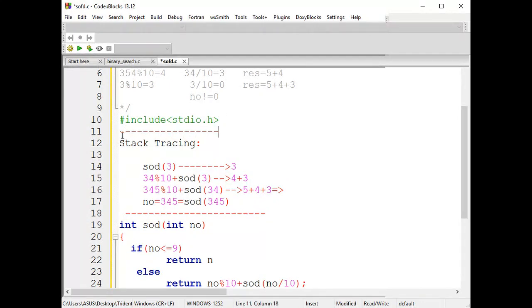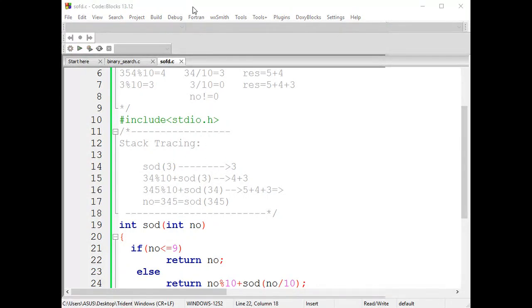Okay, guys, we'll execute this before moving on to the next one. So now let us execute this program. The semicolon is missed out. What else is missing? The number variable name.